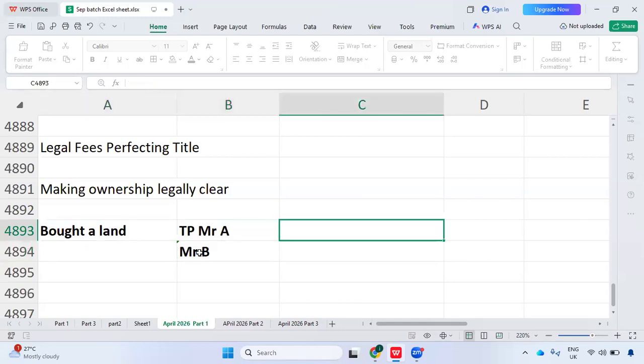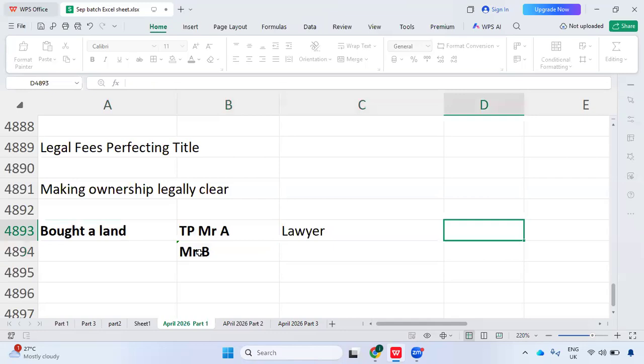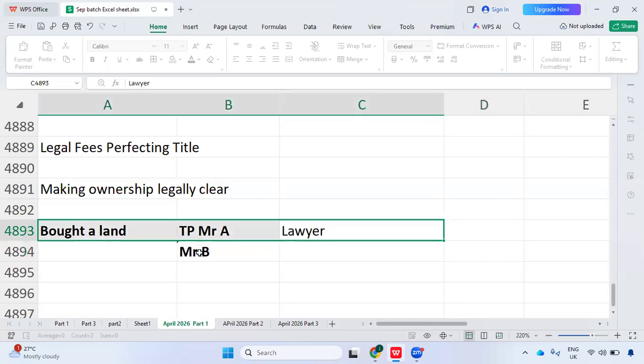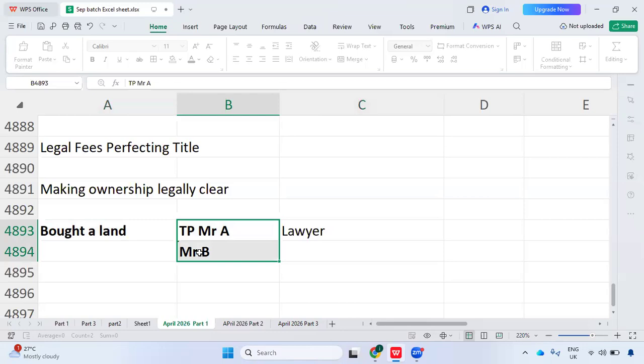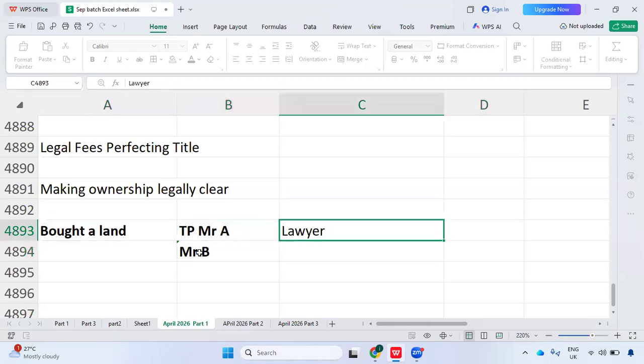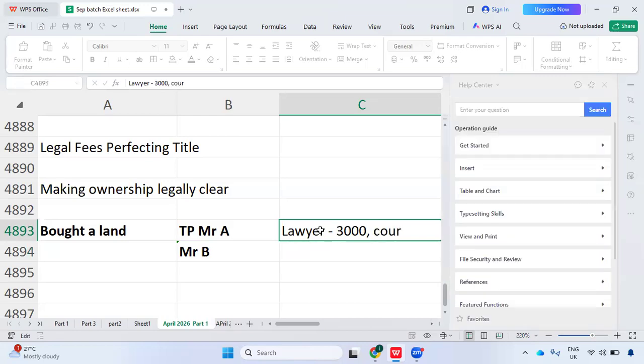So A definitely will require a lawyer, and for that A will pay some expenses. A has complete ownership, and here he is defending his title. In that case, he will pay some legal expenses. For the lawyer he paid around $3,000, and he won the case. Now again A becomes the legal owner. Whatever expenses we pay towards the legal fee will be added to the basis. So court case lawyer 2000, and also the court generally charges some court fees, around